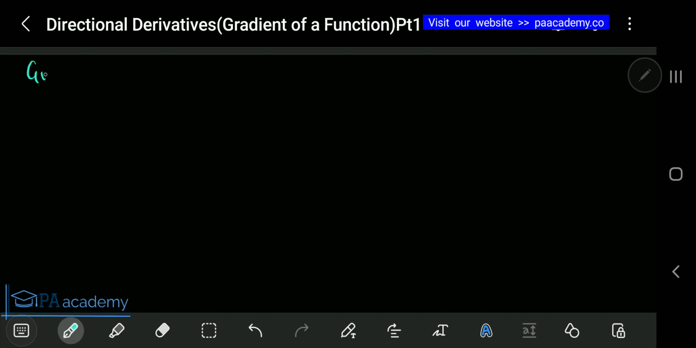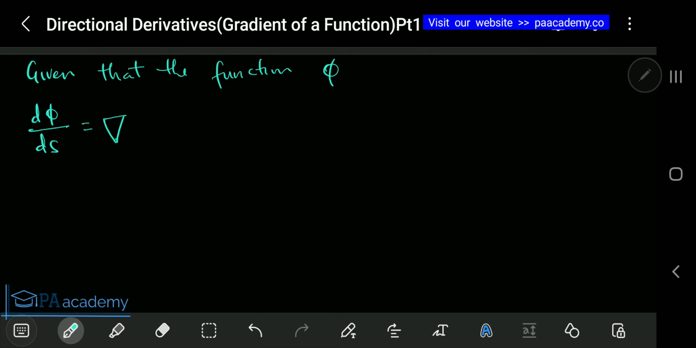Let's say we are given that the function is phi. You can name it anything; you can have it as function A, function B, function whatever, but let's just give it as function phi. So for the directional derivative, this is just a representation of what the directional derivative is. Then it will be equal to the grad of phi, that is, of the function itself,